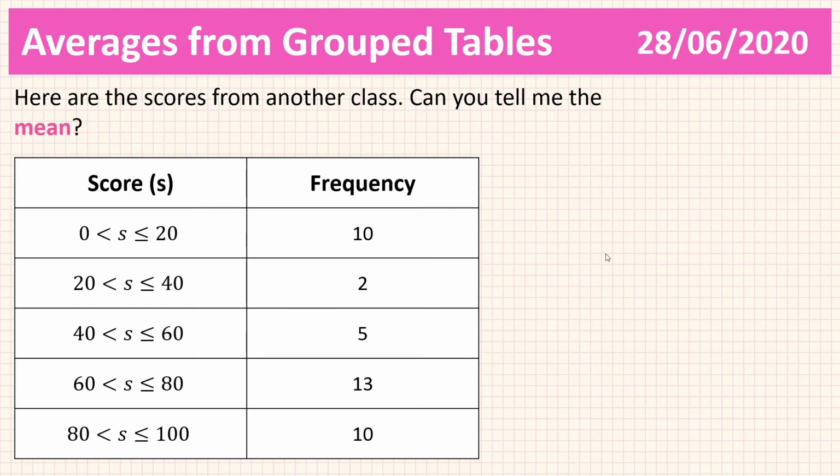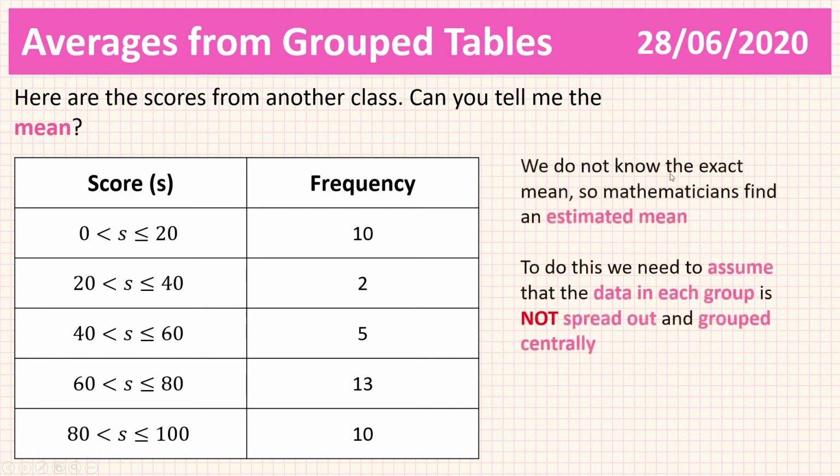Okay, so the mean being significantly more difficult is because we don't actually know what the exact mean is, and all we can find is an estimated mean. To do this, as mathematicians, we need to assume that the data in each of the groups is not very spread out and that it's actually grouped very centrally. There is no big spread and there's not a different number. We're just going to assume that they're all grouped centrally, and this will help us find an estimation for the